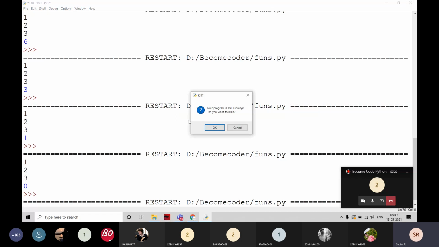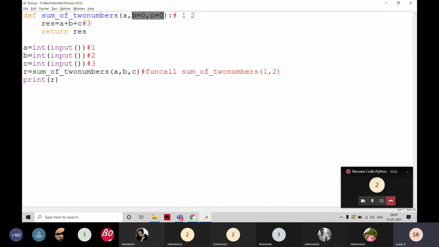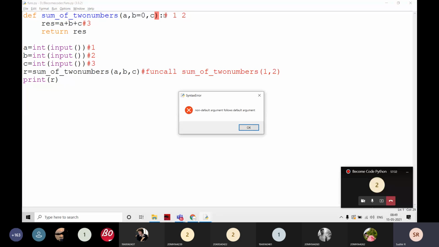Okay, but you are going to write like this. This is an error. The default values are on the right hand side. If I execute it, it is definitely an error. All the default values must be placed from the right hand side only. Is it clear? Yes? Yes, sir.